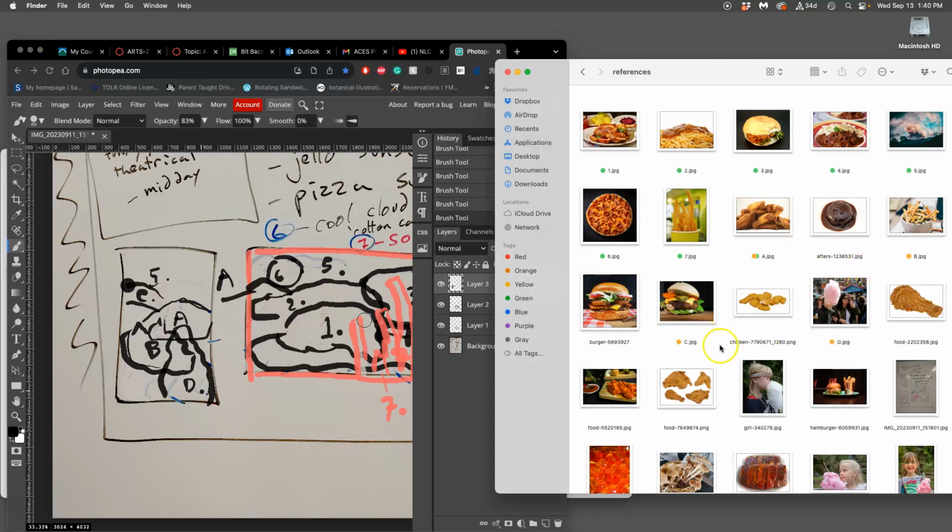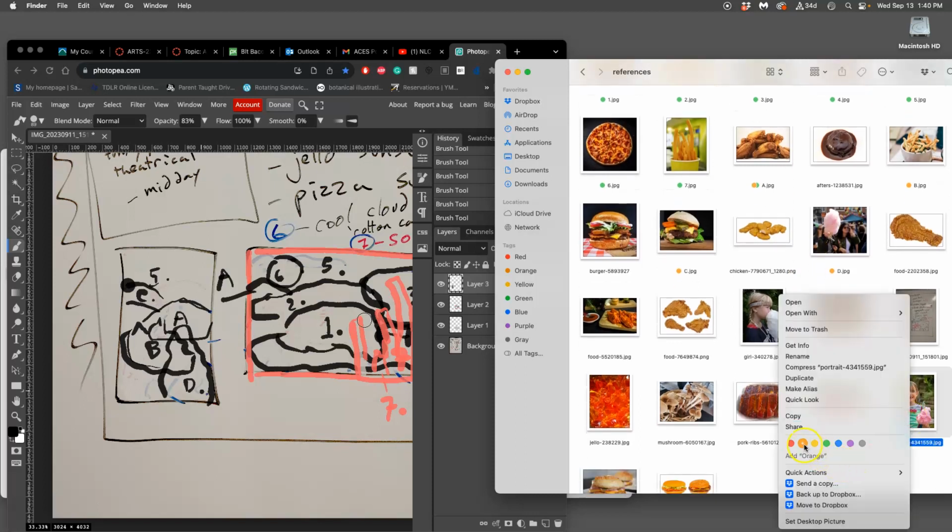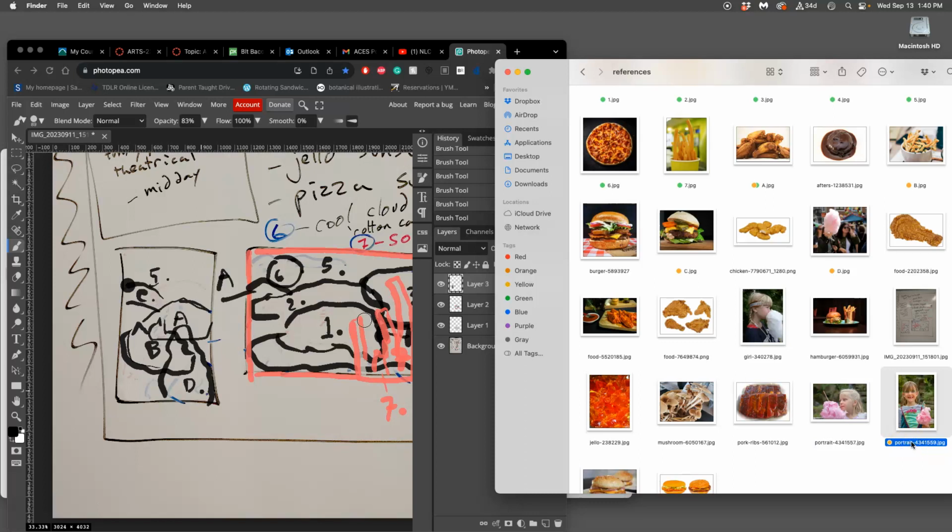Once you've done that, notice how I have marked with color the ones that I think are most useful. Actually, this would be a good one too. So this might be... This is how orderly I get. This might be